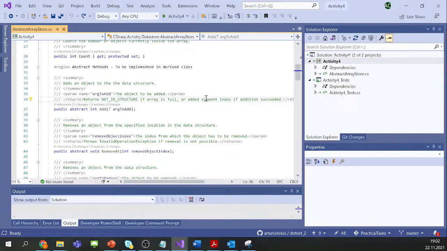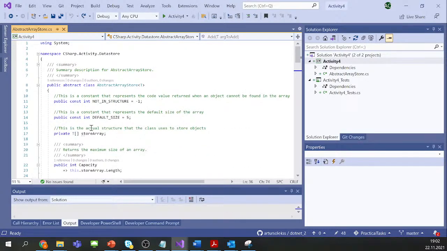Next one is about your home task, which we talked about on Saturday. That's activity 4, and there were not lots of questions, but a lot of misunderstanding about the store array. First of all, the idea is that you should not change this abstract class. Normally we should not change it, and the key concern from your side was about